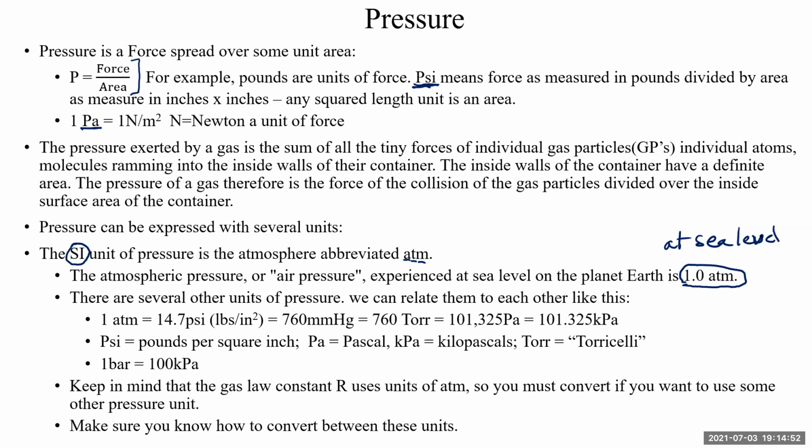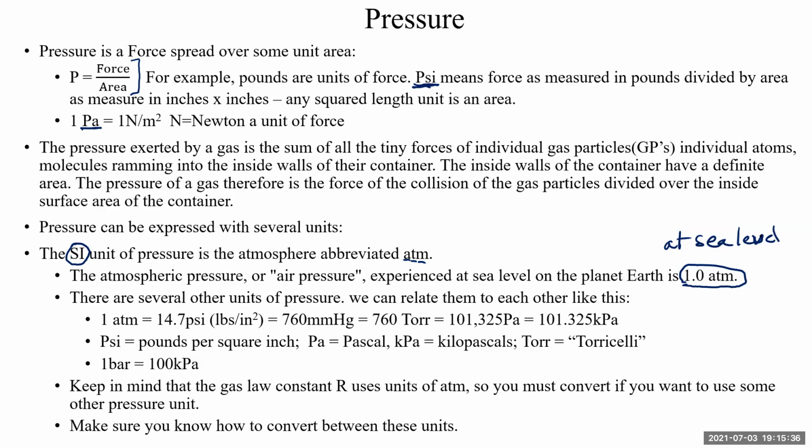So at very high altitude, for example in Denver, Colorado, the Mile High City, that's 1 mile up, 5,280 feet in altitude, you will find that air pressure is significantly lower. If you go up Mount Everest, you're going to find that the air pressure is extremely low, only about 0.6 to 0.7 atmospheres, about 8.4 to 9 PSI, pounds per square inch, at the top of Mount Everest.